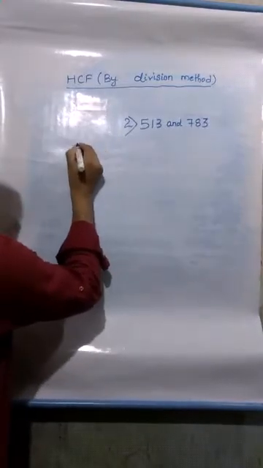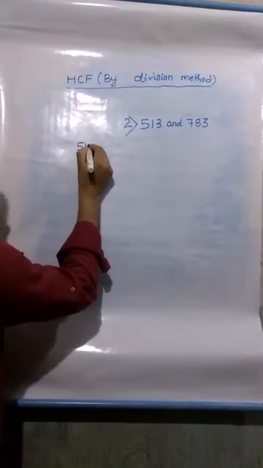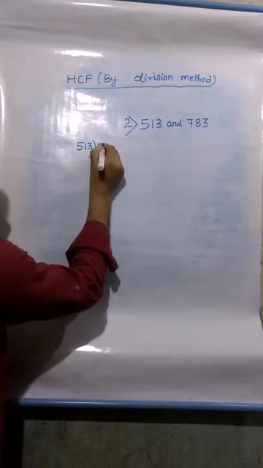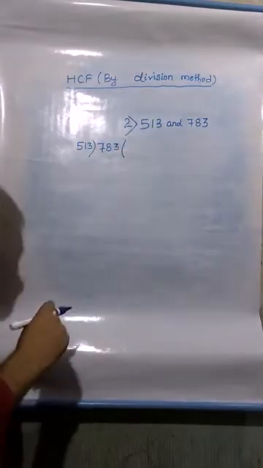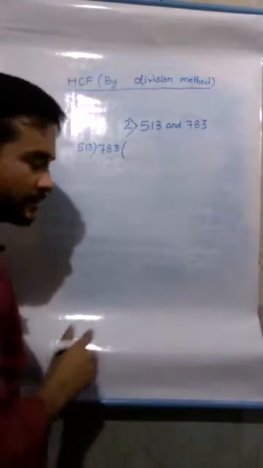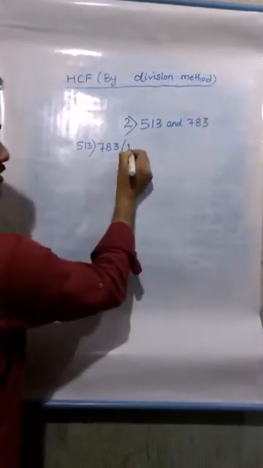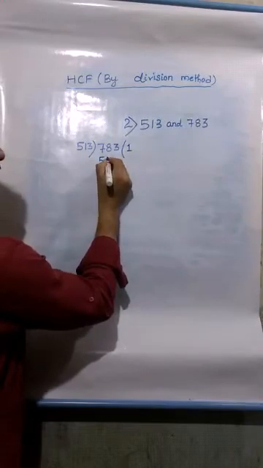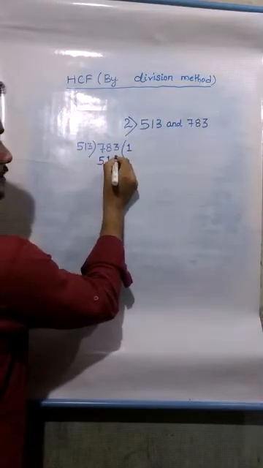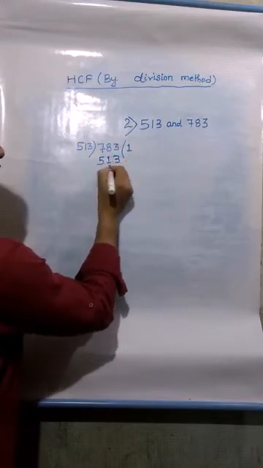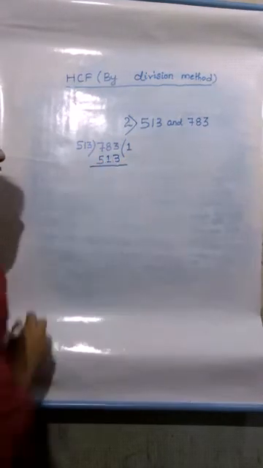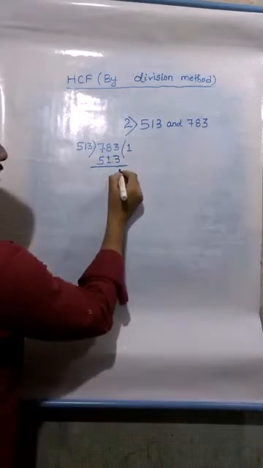So 513 divided by 783. Now with which number will it go? It's simple. 513 1s are 513. Now subtract it. 0